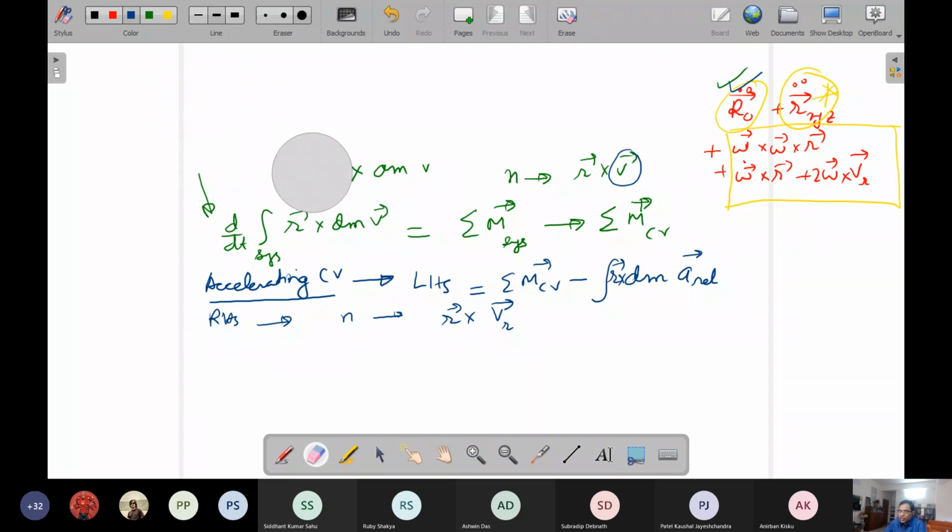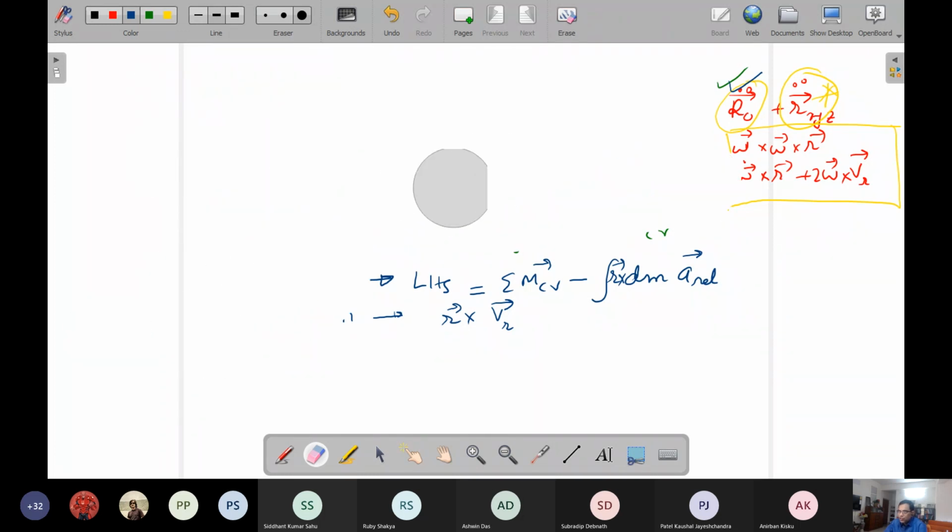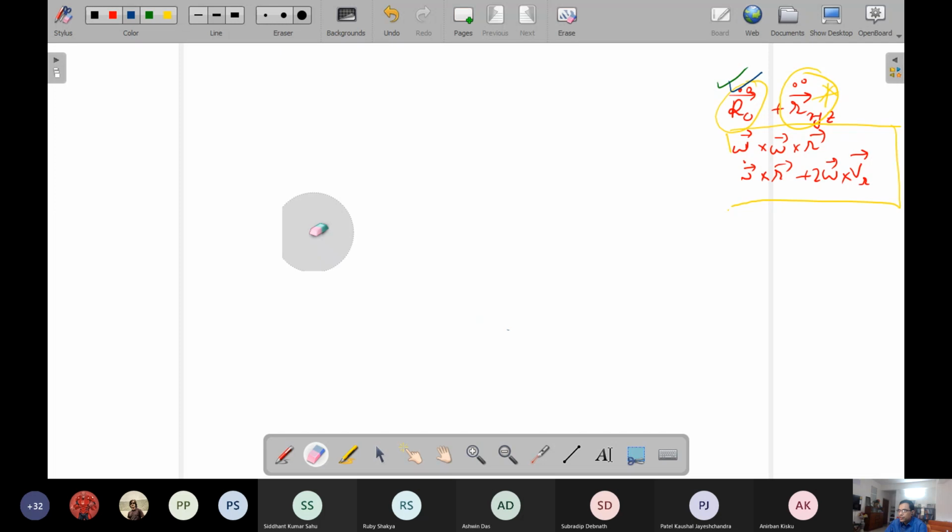So we'll illustrate this angular momentum issue with an example, a problem that is well described in all the books of fluid mechanics. If this chapter is there, that problem will be there. But this is such a dreaded problem that even though it is there, teachers will always avoid discussing this problem, because you have to address it very meticulously. So the problem is about a lawn sprinkler.